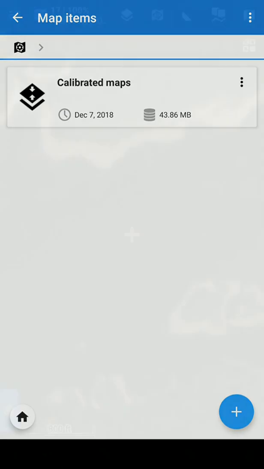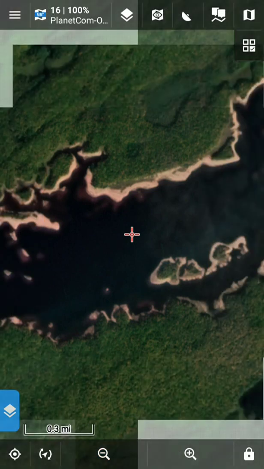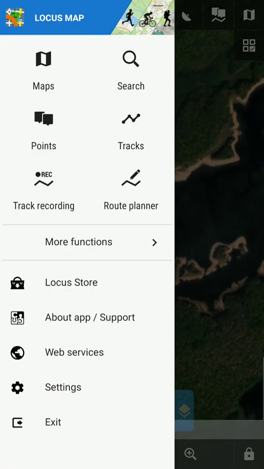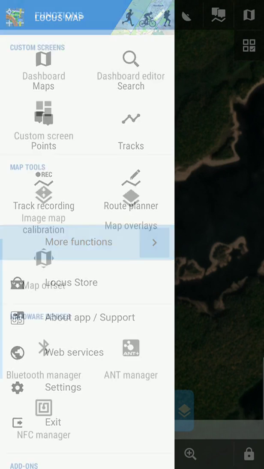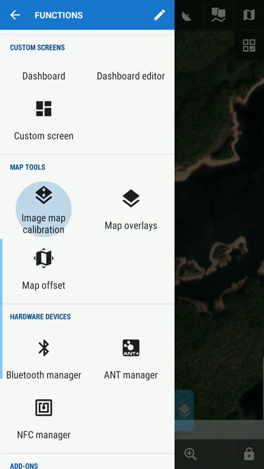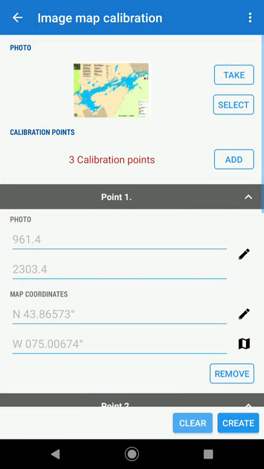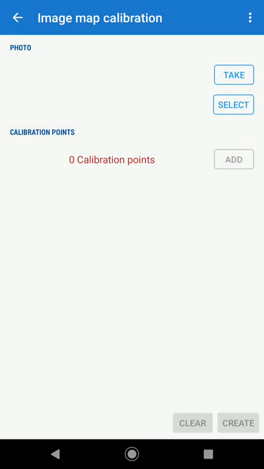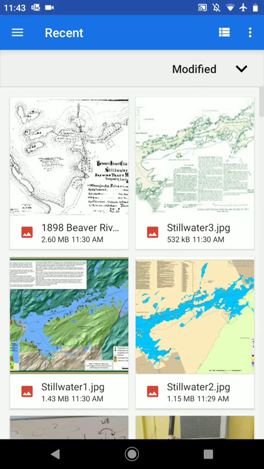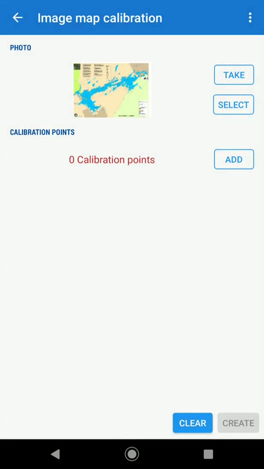In order to set up an image for the first time, go to the upper left menu and click More Functions. Under the Map Tools section, click Image Map Calibration. Here you can either take a photo or select an already downloaded image. I'll select the Lewis County map, and you can add